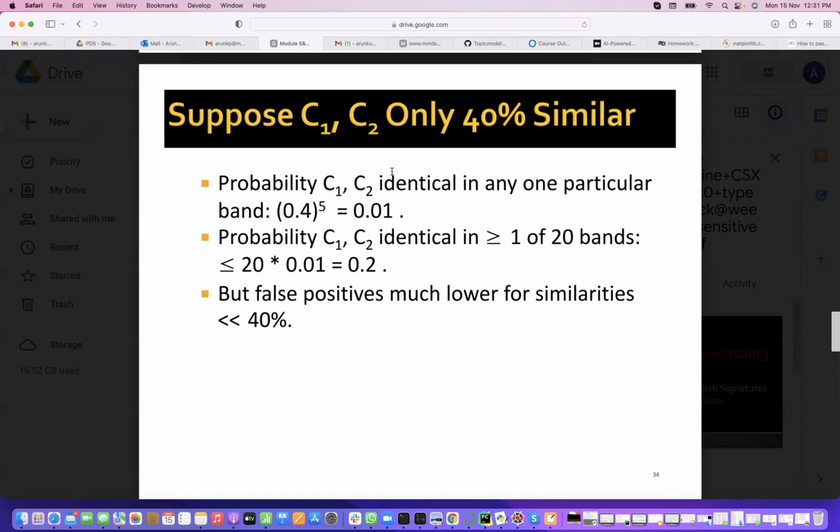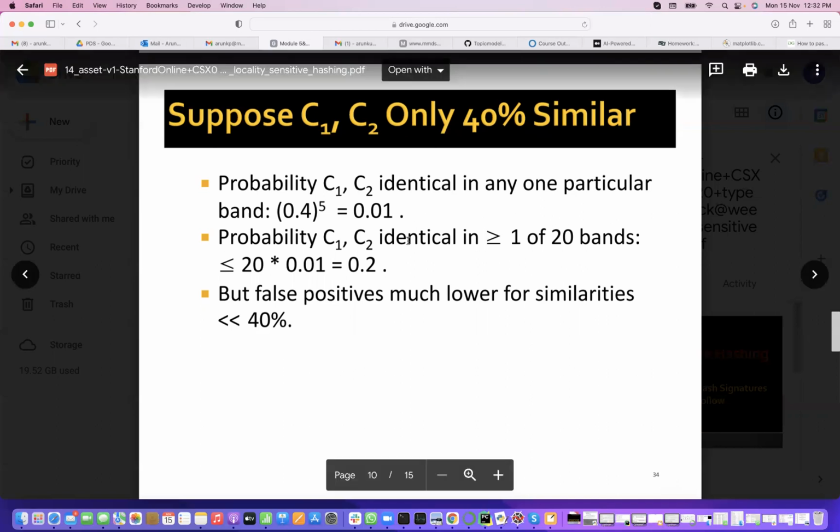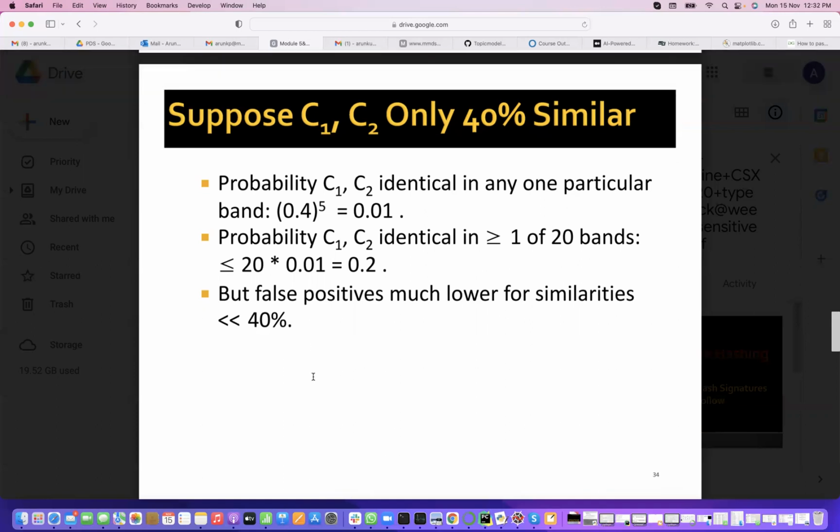But anyway, we will evaluate after they come into those buckets. We are not taking it blindly that if they fall into the same bucket, they are similar. This is the problem: even non-similar ones may fall into the same bucket. That's why we need to evaluate them after getting them into buckets. Is it clear what I'm talking? Yes. If they are not falling into any bucket, they are not similar. That is clear. But if they fall into the same bucket, there is no guarantee that they will be similar, because this is one case we have studied. Even if they are 40% similar, there is roughly a 20% chance that they will go to the same bucket.